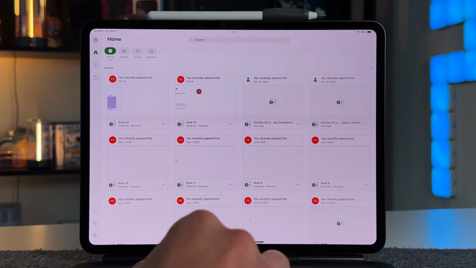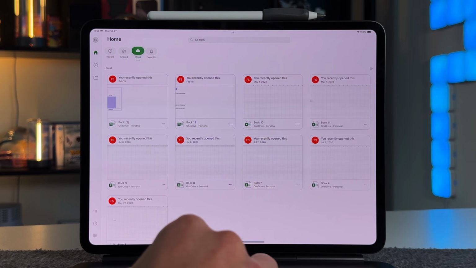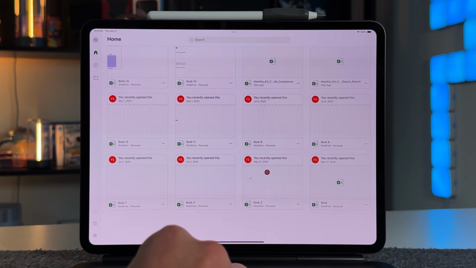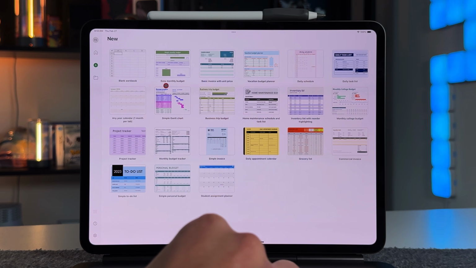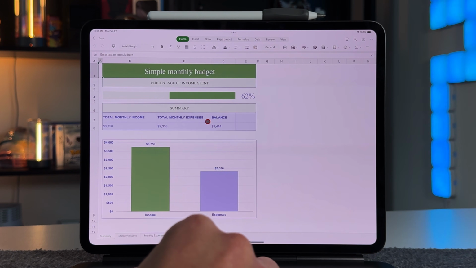So when you do open up Excel, this is going to be the dashboard you get. You get your most recent files, which is very familiar. You also have the ability to access any shared files, any cloud files, and then finally, of course, your favorite files. But if you go into the recents, you get to see exactly what's going on here. And then you have your plus button here, which allows you to start something based off a template or something from a blank workbook. So let's open up this easy monthly budget, and you can see that everything's going to be very familiar,